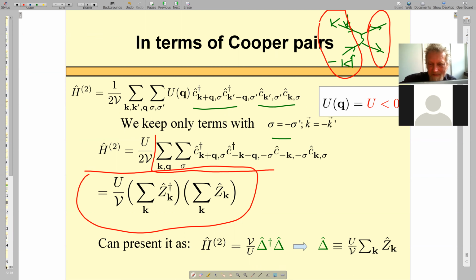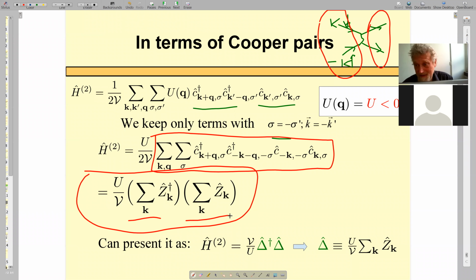So please look attentively at here, and at your ease, understand how this sum can be presented as a product of two sums. All right, but okay, it is the way we express interaction in terms of Cooper pair creation annihilation operators only,